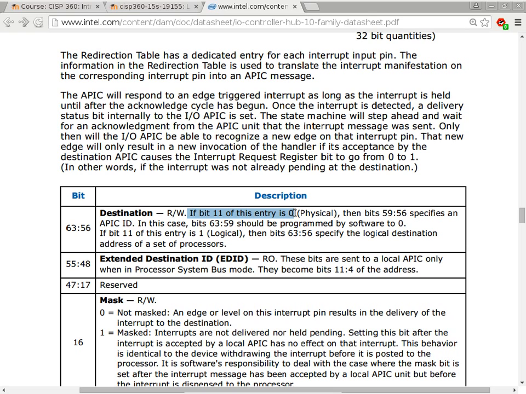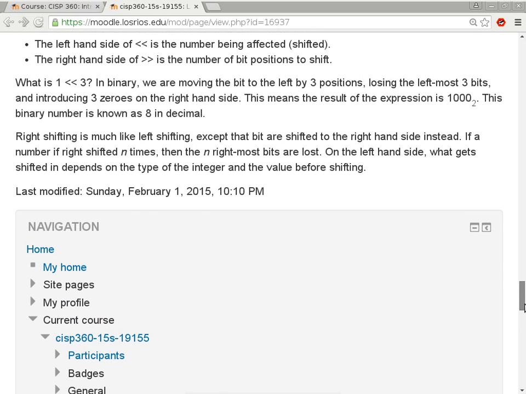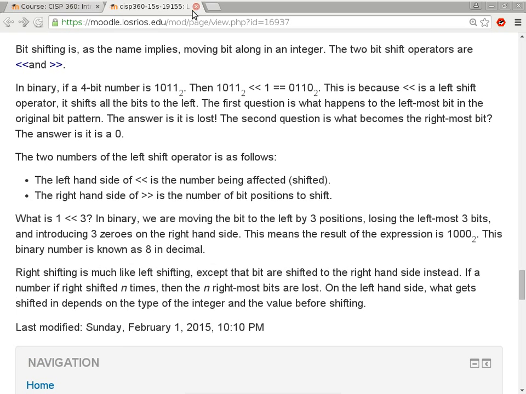So that is an example of why bitwise operations are so useful when you're dealing with low-level programming, mostly device drivers or anything that has to do with input and output in a computer. Are there any questions about this part? No questions. All right. So I'm going to get rid of this one, and then we'll move on and talk about